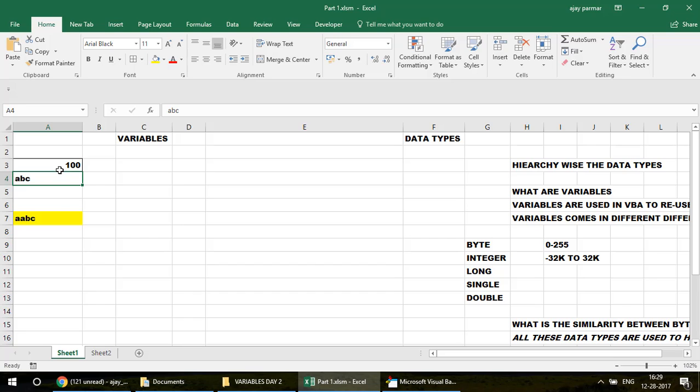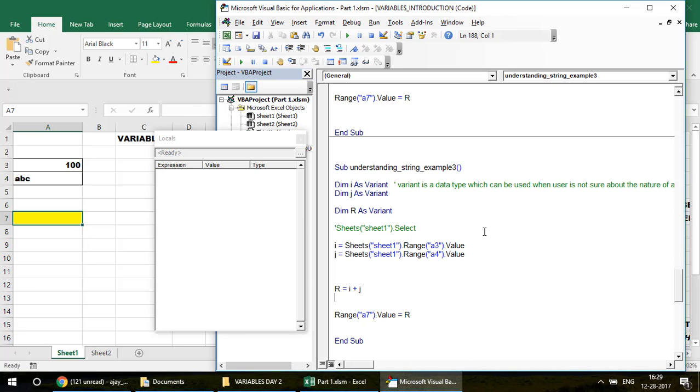So what if you write here 100 and now you want to run this? What do you think, guys? What will happen? Will this code run, or is it going to give you the error? Let us go and check that. This is a very interesting situation. You should understand it. So first, when we run this, you see that the I is used as a double